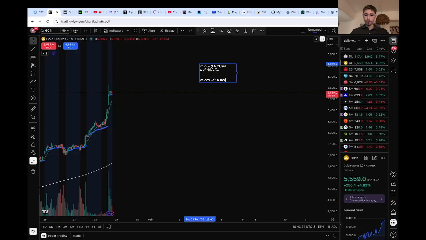If I go to a micro, it is $10 per point, right? So it doesn't mean you need to stay away from gold. You could just trade 1 micro, 2 micros, and still trade it and capitalize on the volatility that's happening right now. You just trade it a lot lighter compared to a mini. If you're a new trader and you're trading a mini, there's a high chance you're gonna get cooked, you know? So keep the same system as well.